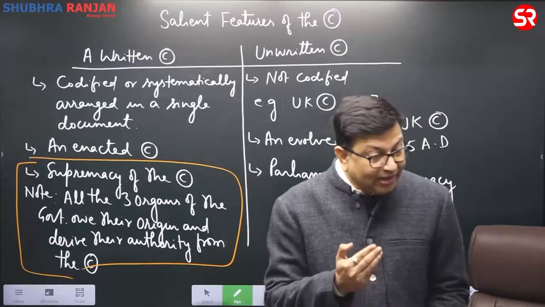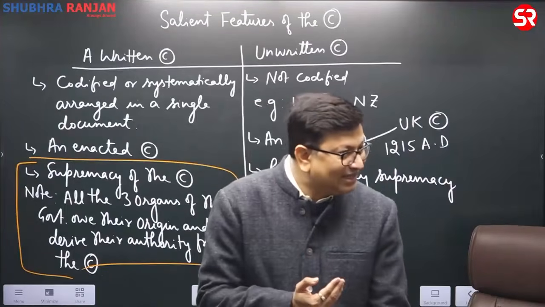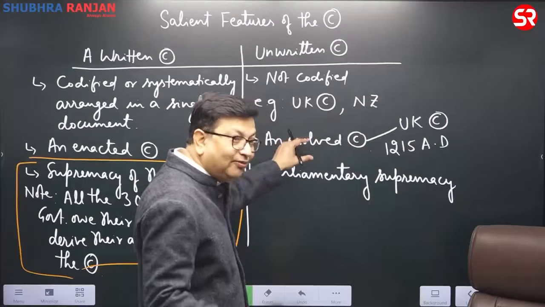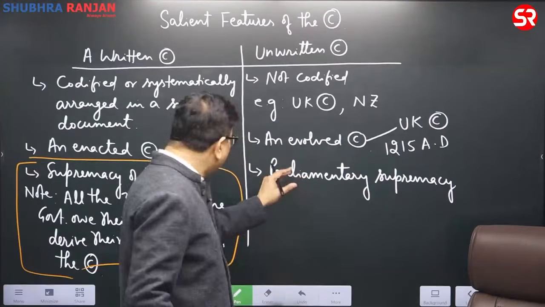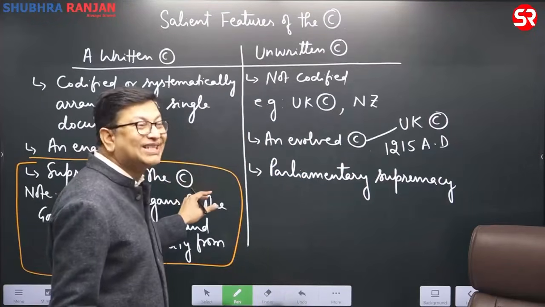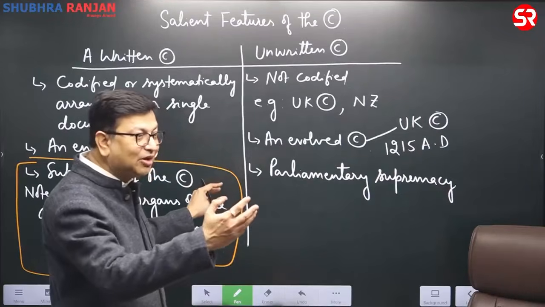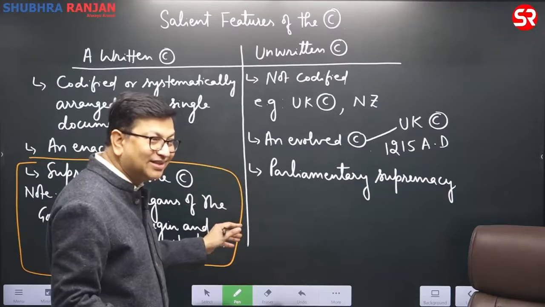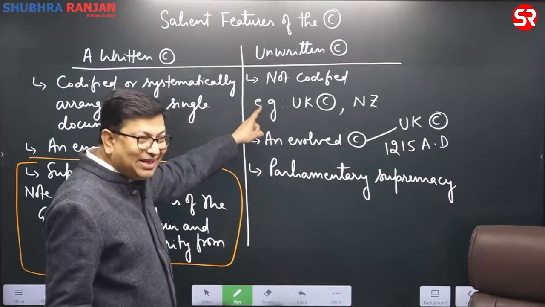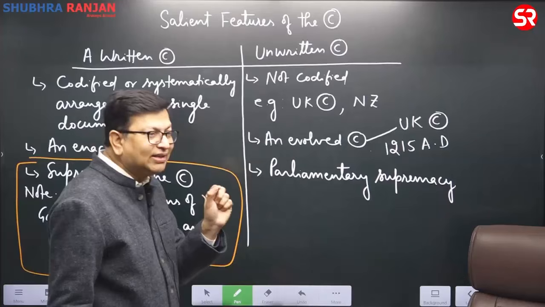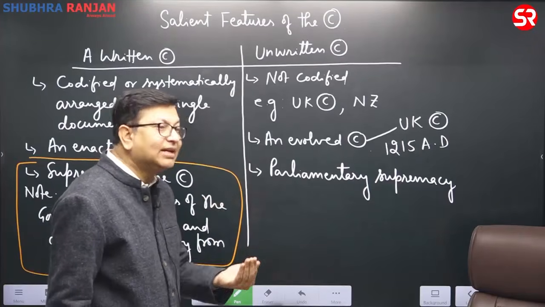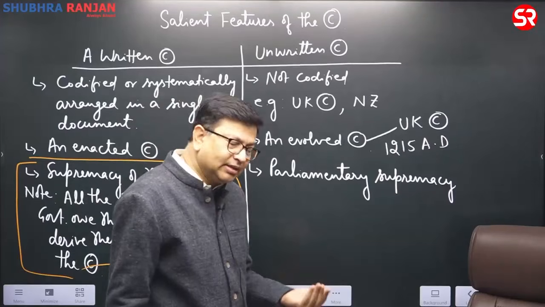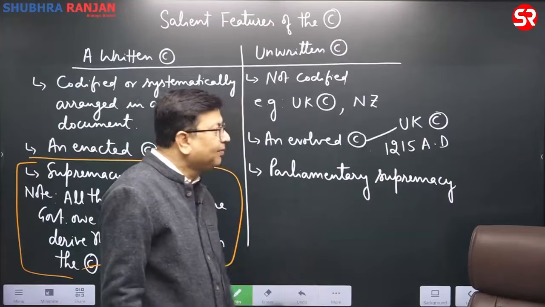So basically, the difference is that wherever we talk about evolution, it is a process, but here we are talking about the foolproof thing from the very beginning. So conventions are a part of every parliamentary system also, because for the discussion that you will have to go into parliamentary system, presidential system, different types of systems are there, that also we will be discussing. So it does not mean that we will not term it as a constitution. It does not mean that everything will be written down. Some unwritten things are also there which are followed in a country. For example, the customary laws are also there. They are also followed. Common laws are there.